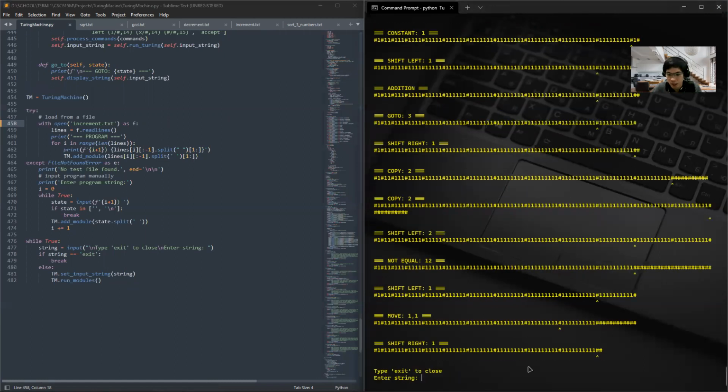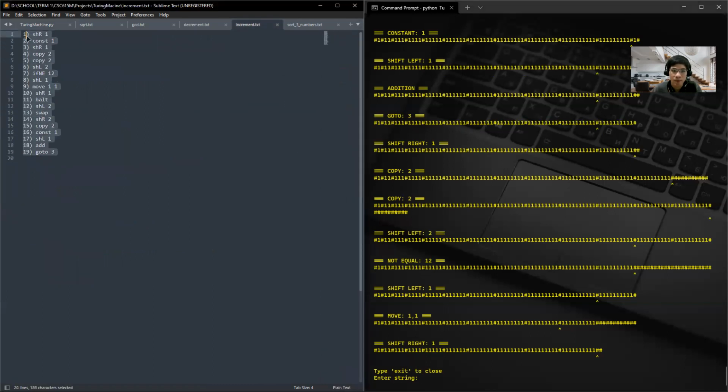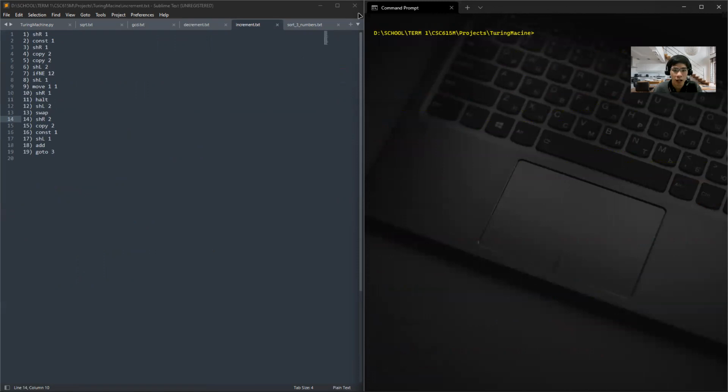This should give me until 10. So this is another example that we can use, that you can run in the Turing machines with the modules inside it, with the purpose of printing incrementing numbers. And the last example that I want to show is